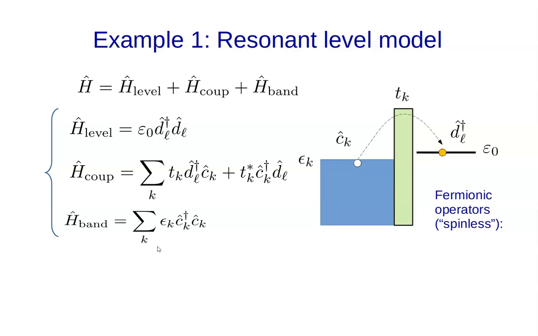which is usually called the resonant level model. So in the resonant level model, we have a Hamiltonian composed of three parts. Say these particles are fermions, right? So what I'm modeling here is a single fermionic level or state. You can think of this as one of the states in an atom, for instance. And this is coupled to a whole bunch of other states,